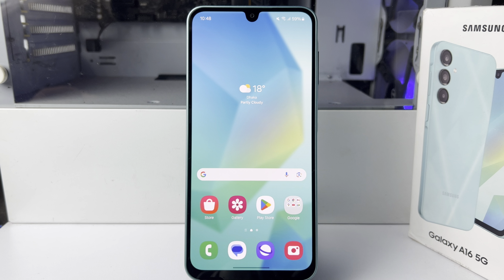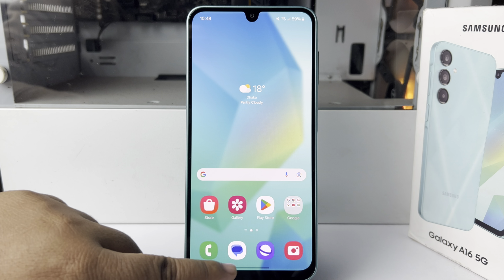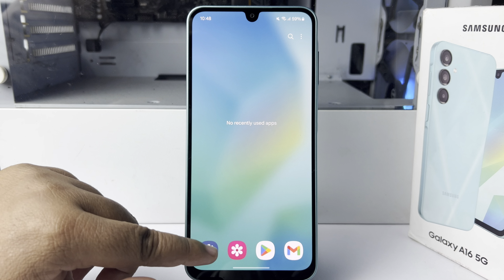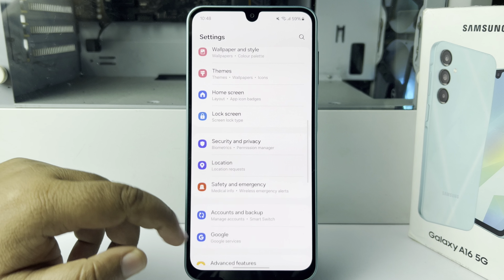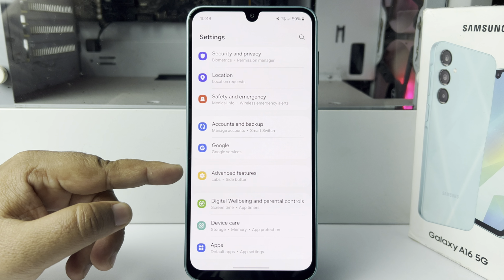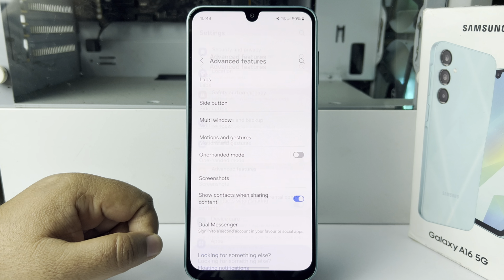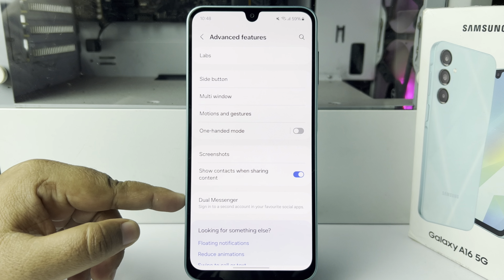Here I will show you how to enable dual app in Samsung Galaxy A16 device. Go ahead and open your settings app. In settings app, go down and tap on advanced features. Here you have to tap on dual messenger,